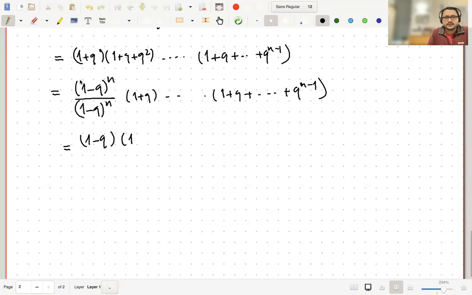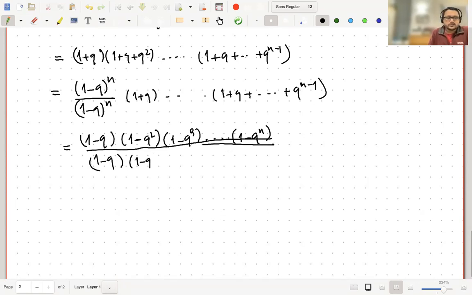Then the next one, if I multiply 1 minus q with 1 plus q, I'm going to get 1 minus q squared. If I multiply 1 minus q with this particular quantity, 1 plus q plus q squared, I'm going to get 1 minus q cubed, and so on, until multiplying 1 minus q with this quantity, I'm going to get 1 minus q to the n. So divided by 1 minus q, 1 minus q, and so on. Okay. So this is another way of writing